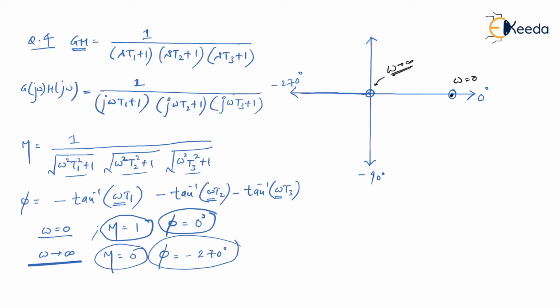Fine. Now if you still have confusion about how to join these two points, you do not need to worry. Just pay attention to what I say. Look at the final angle, minus 270 degrees. And what is the final value? 0. You don't take 0. You have some error, like 0.01, 0.02, something like that.